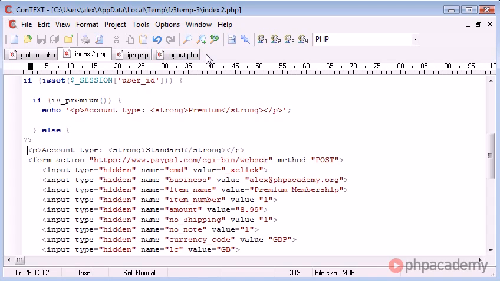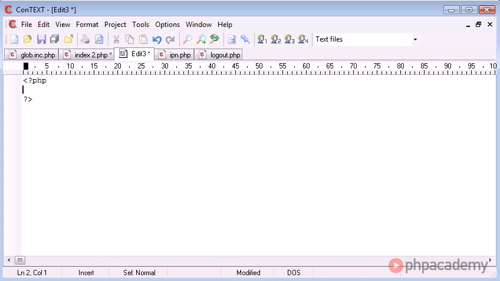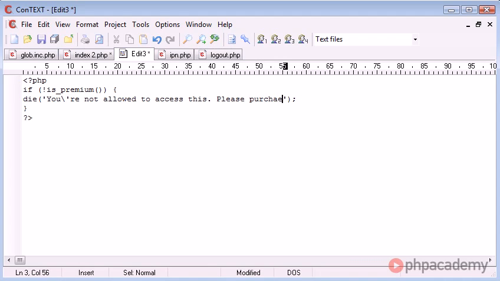So if we were to create a new page, for example, and above at the top we could put if is premium, then allow this content. So we could say, for example, if not is premium. In fact, let me create a new page. What we could do is say if not is premium, i.e. if this function returns a false value, then we could say die, and we could say you're not allowed to access this. Please purchase premium